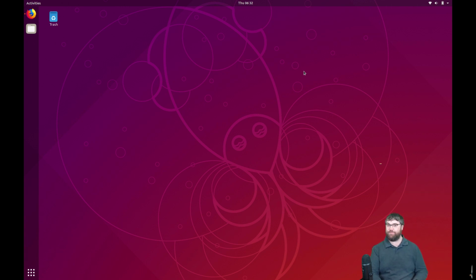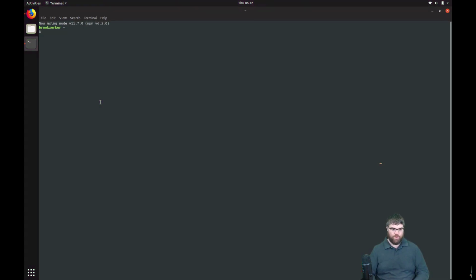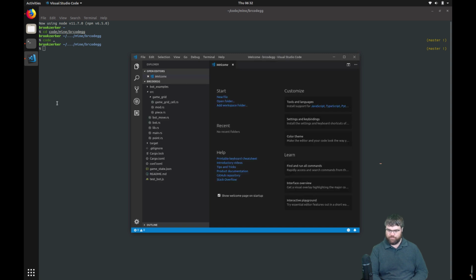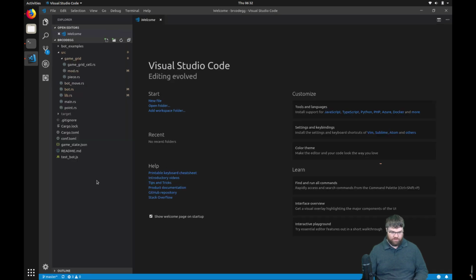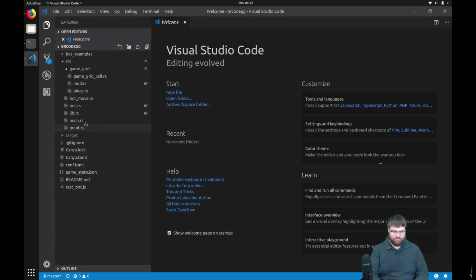So today we're going to continue working on that grid, specifically displaying the grid out to the screen, because if I remember correctly, that's what we ended up getting working last time on Tuesday. Let's see, where was it? It was code, mine, brcodegg, open up code here. What we ended up getting working was, I can zoom this in,